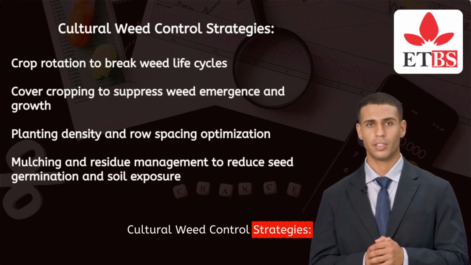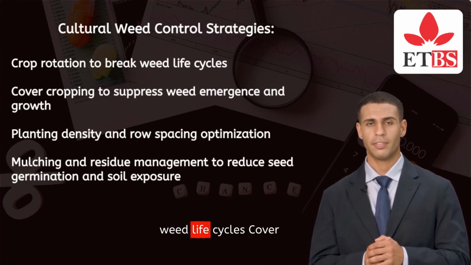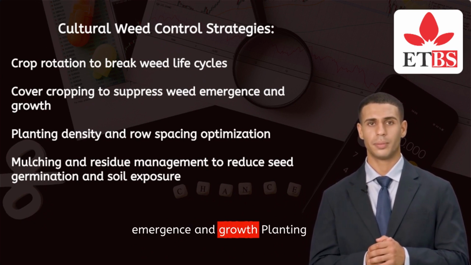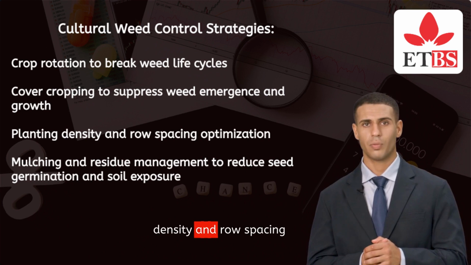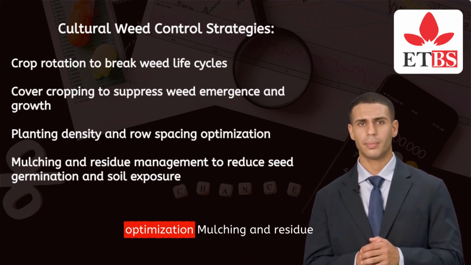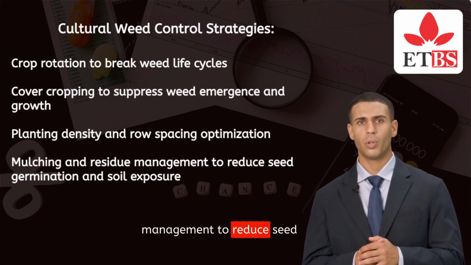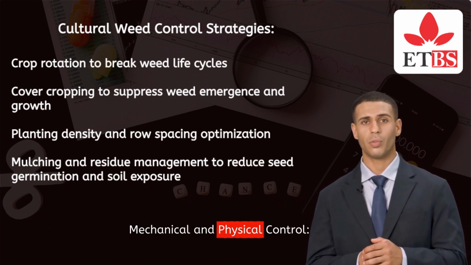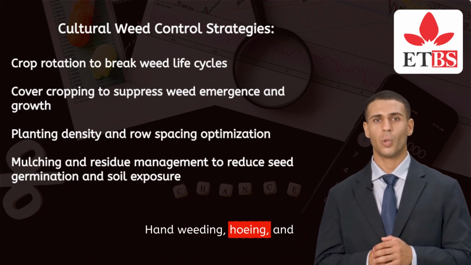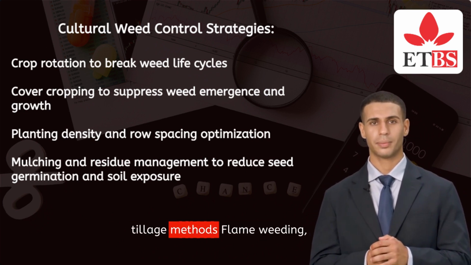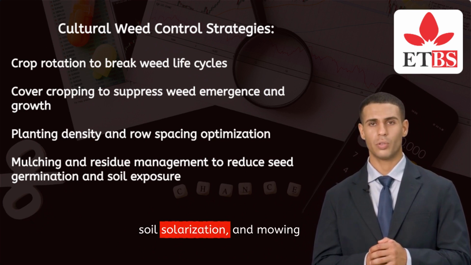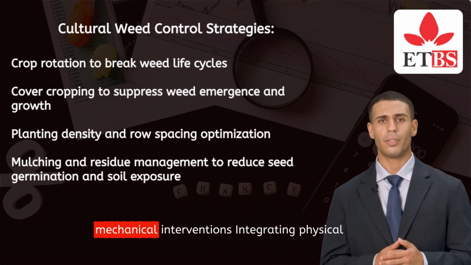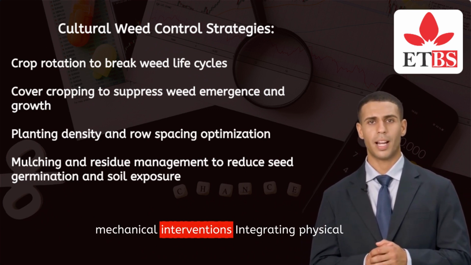Cultural weed control strategies: crop rotation to break weed life cycles, cover cropping to suppress weed emergence and growth, planting density and row spacing optimization, mulching and residue management to reduce seed germination and soil exposure. Mechanical and physical control: hand weeding, hoeing, and tillage methods, flame weeding, soil solarization, and mowing, timing and frequency of mechanical interventions,